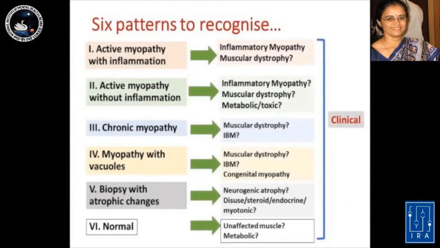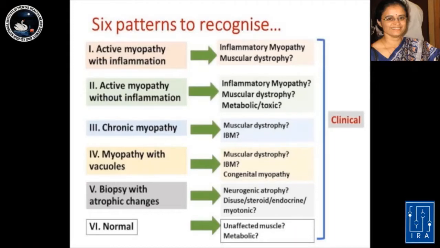There are basically 6 patterns that we look for in a muscle biopsy. Each pattern denotes a particular diagnosis. But as you can see in this table, the same pattern can be seen in more than one disease also. For instance, the first pattern here is an active myopathy with inflammation, which can occur in inflammatory myopathies as well